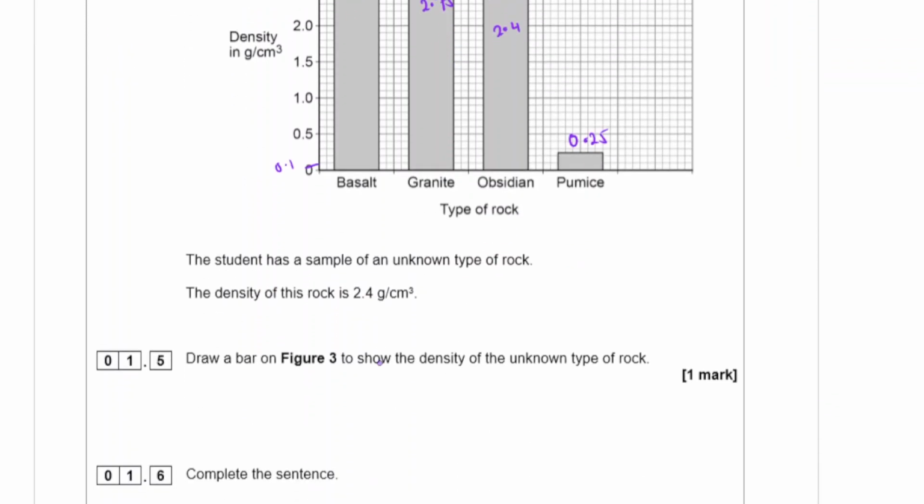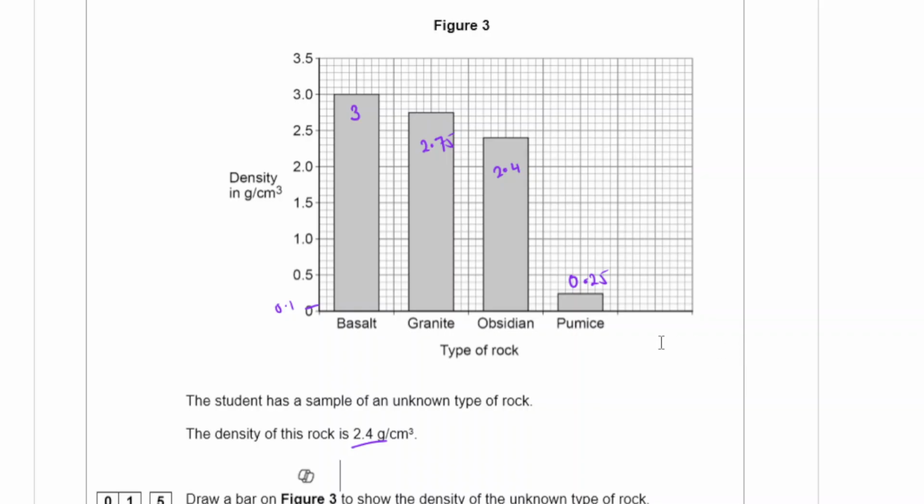The student had a sample of an unknown type of rock. The density of this rock was 2.5 or 2.4 gram per centimeter cube. Draw a bar on the figure 3 to show the density of the unknown type of rock. So you already have this space at the end. So you want to make sure that the bar that you draw is actually the same width, right? That's 8 boxes here. So I would start here, and that would be the width of this box. This will be the unknown,